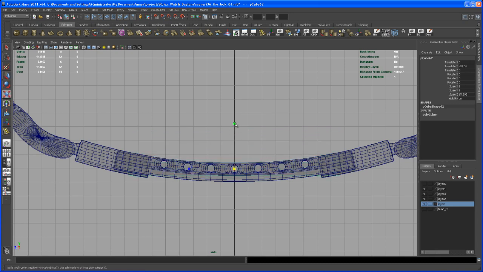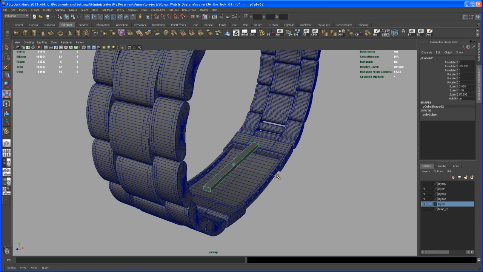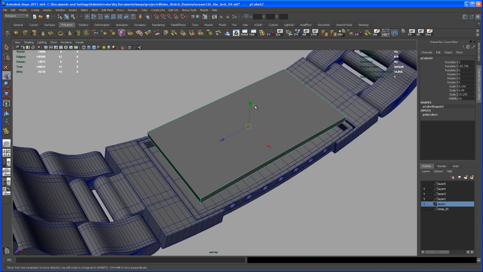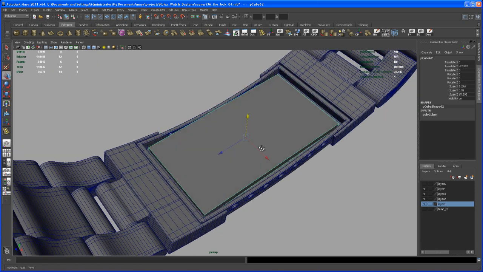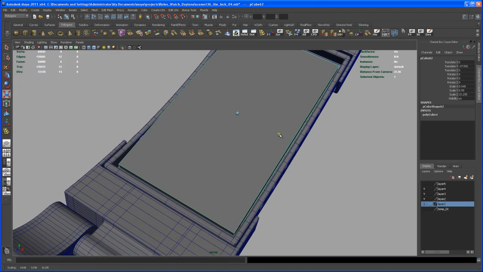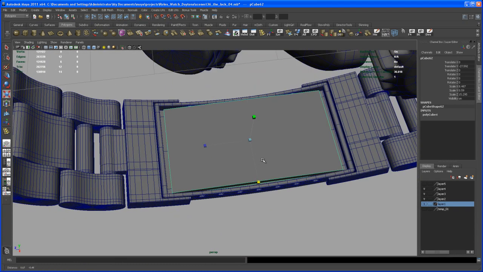So let's scale it down somewhere about here, so something like this. And then we have to scale it out in X as well. Okay. So somewhere that it fits inside that thing with the holes, something like that. Maybe a little bit more. Okay. Alright, so